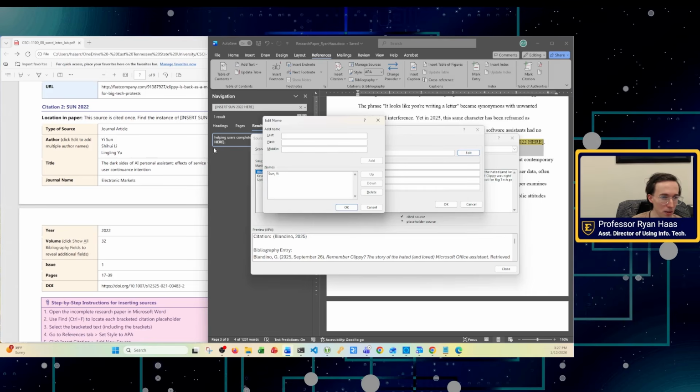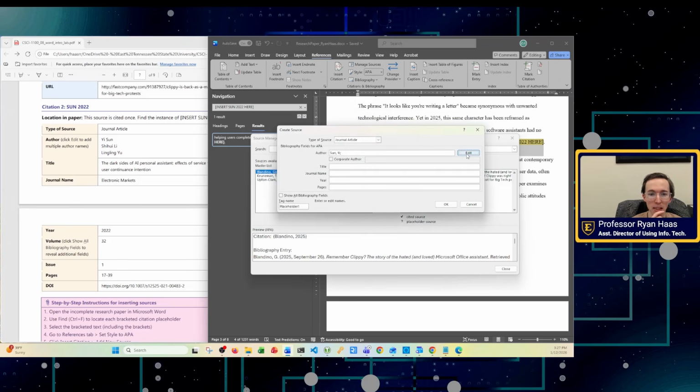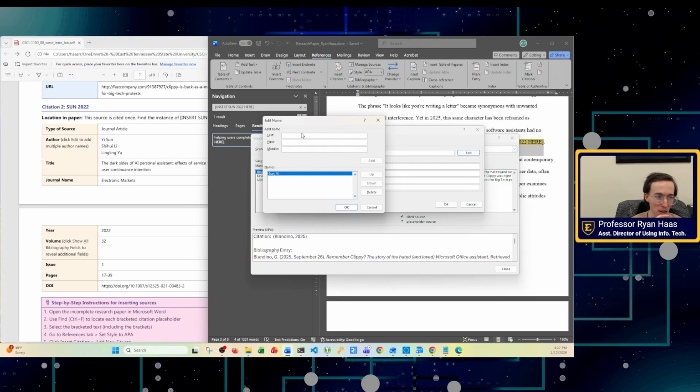Then we have, let's see, why is it not letting me add? If it grays out the boxes that won't let you add, just click OK, and then we can edit and add additional authors. Then we want to add